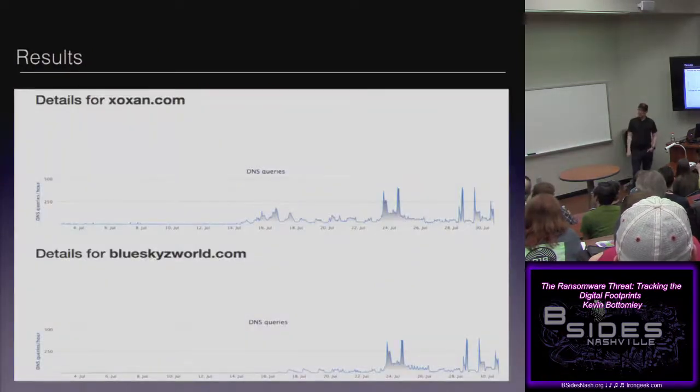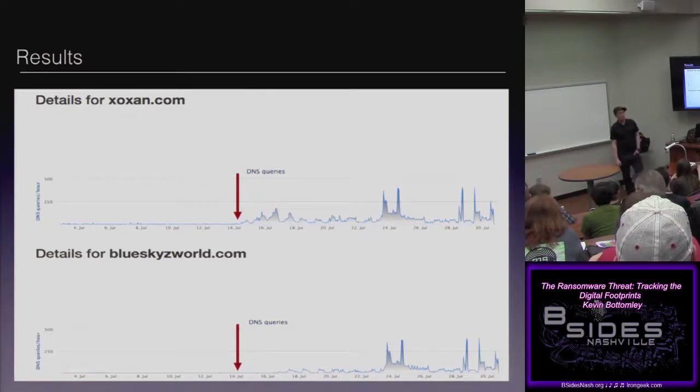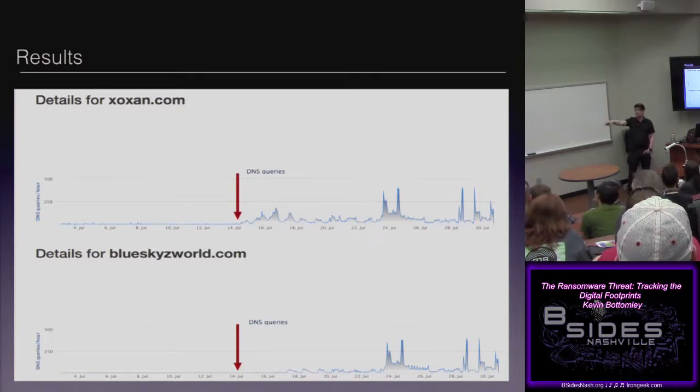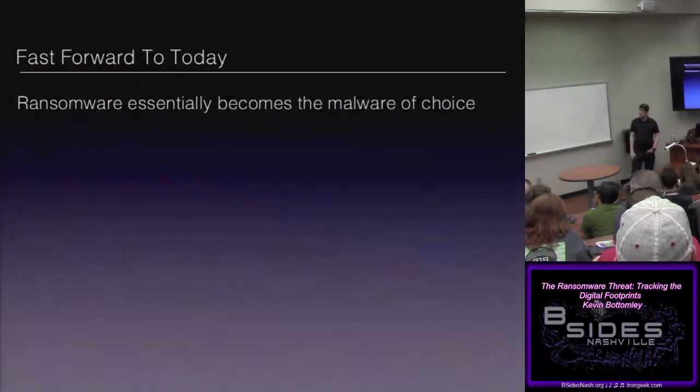So this is what the traffic patterns look like for compromised domains. As you can see, these places aren't really that busy until this point and this point. They start to get more traffic, and that's where the calls are coming from, the redirects from infected systems. Moving this way, it definitely increases. You can also see the traffic is almost identical across both, because they're from the same sample set. So pretty much mainly